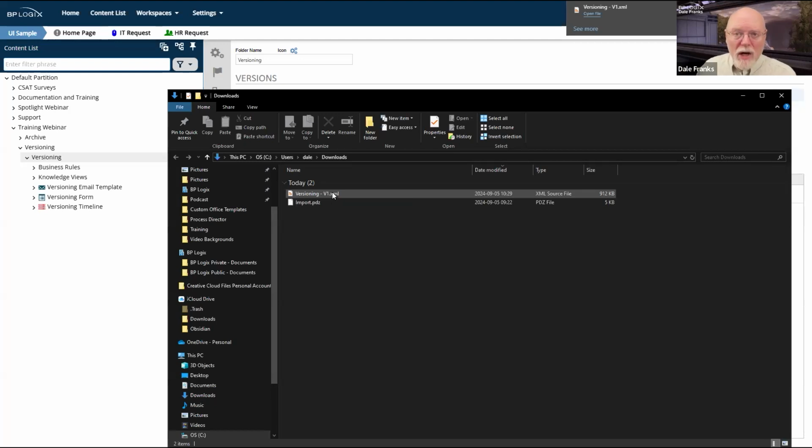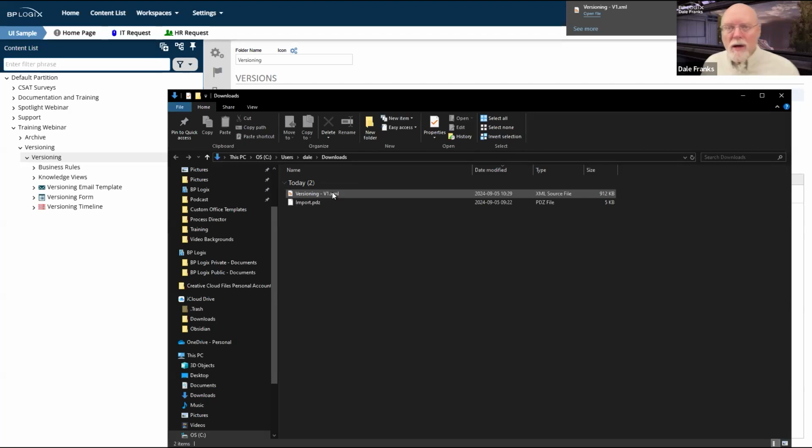But in general, all of your fields, all of that stuff, those are all data fields. That's all actually just database information. So while there is an HTML piece that determines how your form will look, all of the actual data and everything else is saved in the Process Director database.